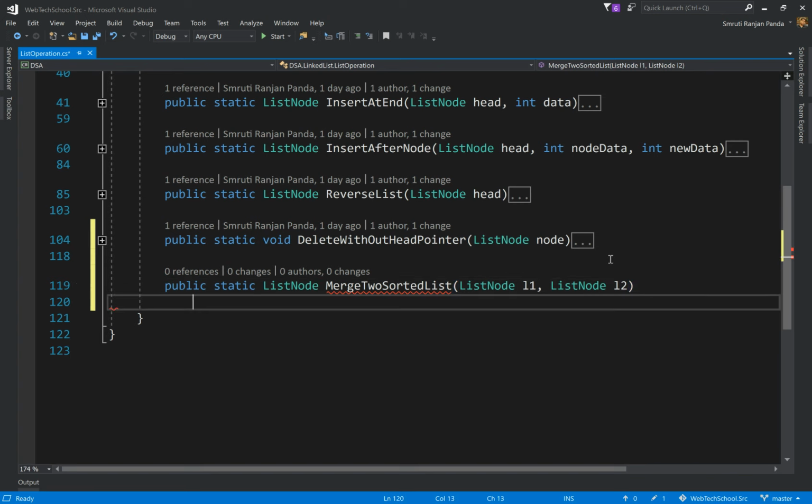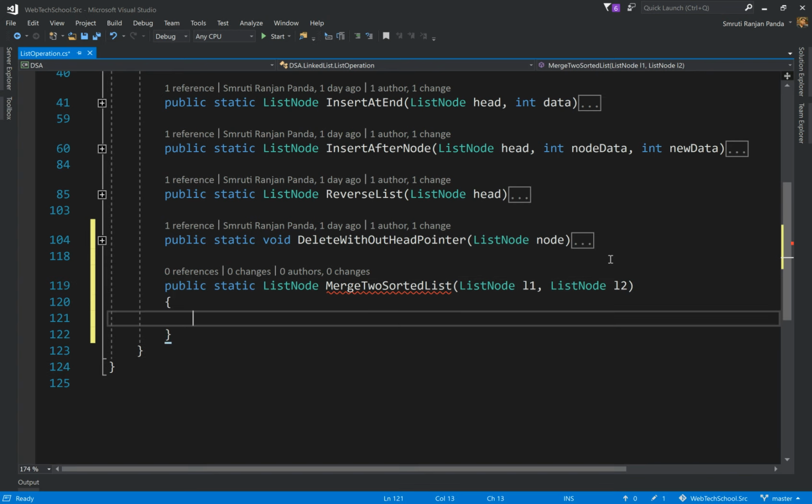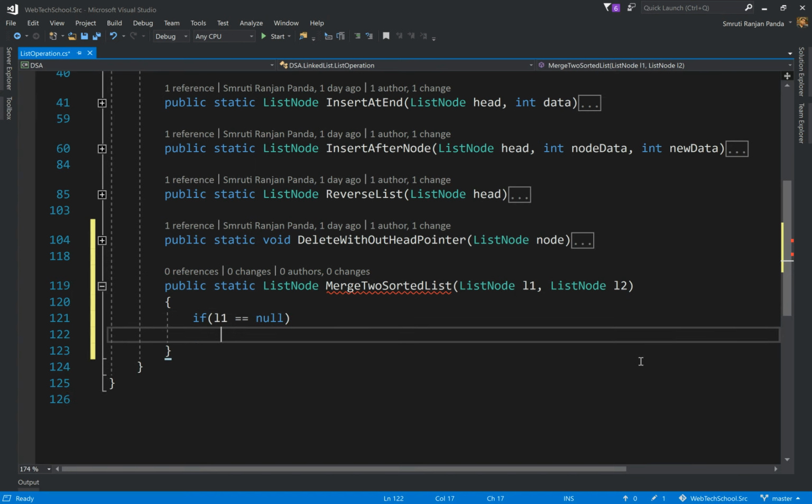In case L1 is equal to null, that means L1 is empty, so we will return L2.